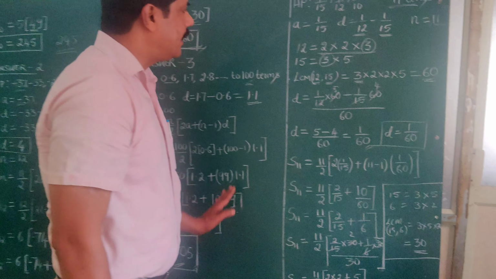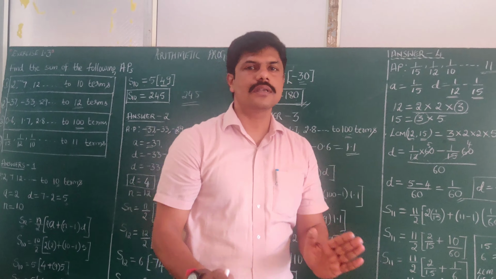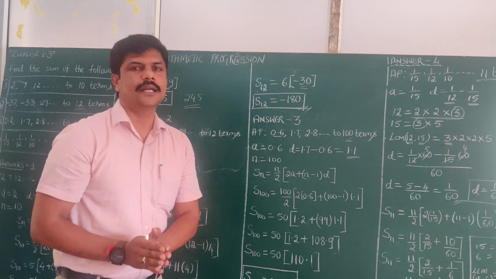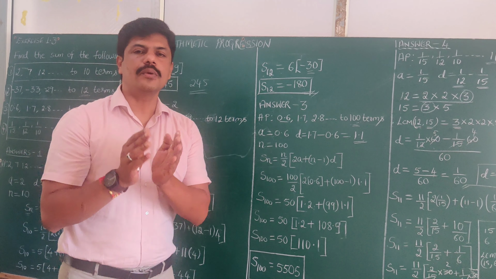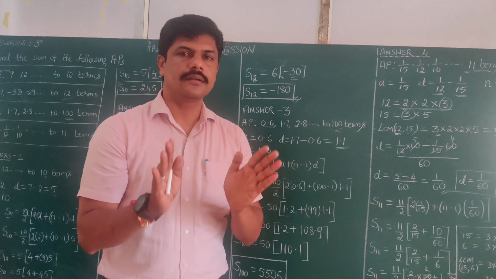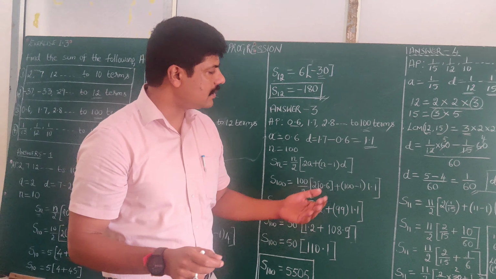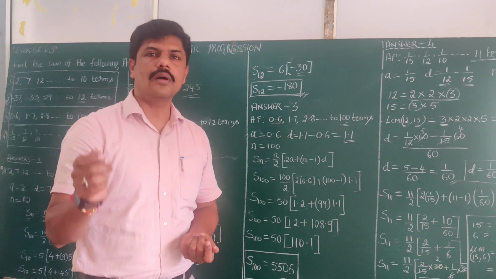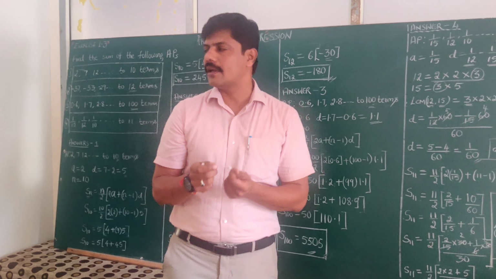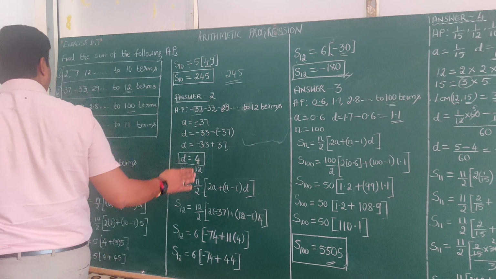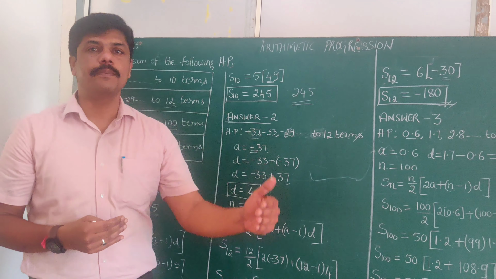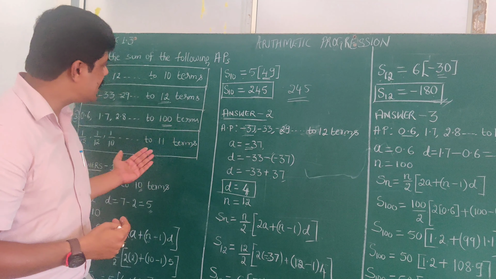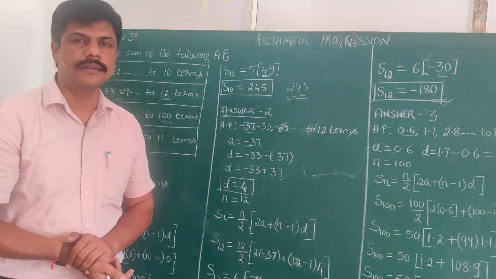Did you understand, children? In all these cases, this was a very direct method where only substitution is required. After substitution, what you need to do is addition, subtraction, multiplication and division. If you know all these 4 operations very well, this problem is highly easy. In future problems, application type will be there. That is not so easy as this one. Understand, children? Thanks a lot.